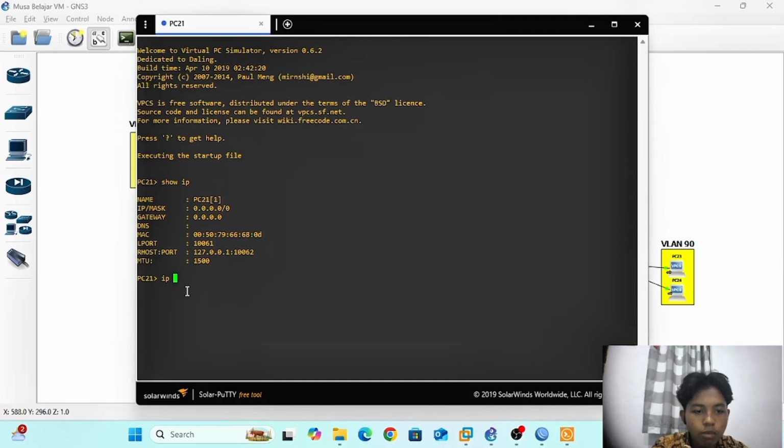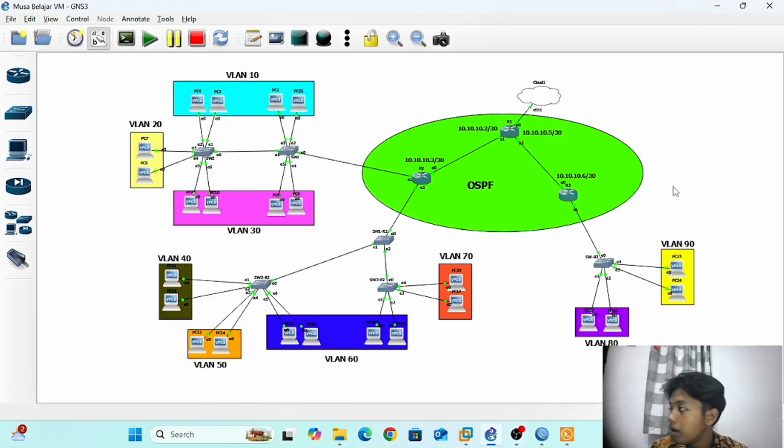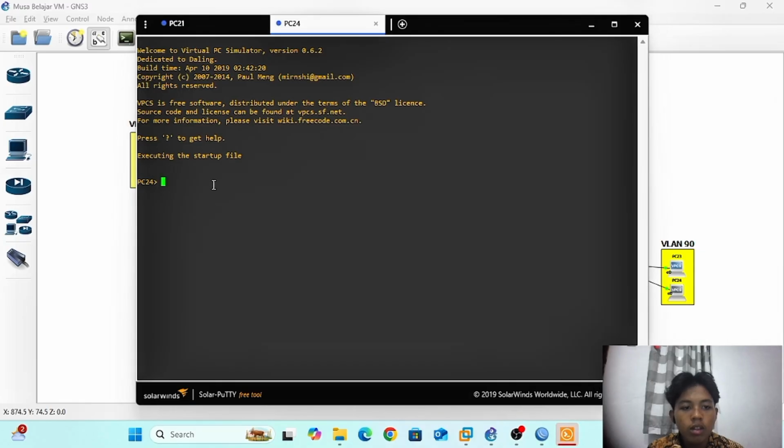Then you can get IP from DHCP, and write this, from DORA, and it has an IP from VLAN 18. Now check VLAN 19, IP DHCP, enter.